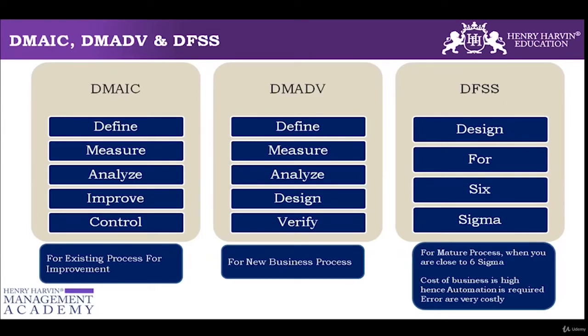when we reach a kind of a level where the cost of the defect is very, very high, where the only solution is automation, robotics. You must have researched a lot about RPAs, robotics. So all these RPAs, artificial intelligence, design thinking, all these are part of DFSS and DMAIC. But having said that, in DMAIC as well, there is no limitation to the solutions that you're going to implement. And at that point in time, there are certain techniques that you can use, which we'll be talking about